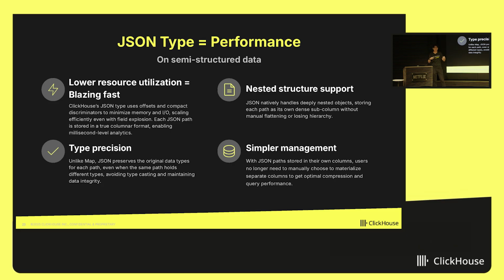Typically, you also don't have to manage nested fields, so a.b.c is naturally supported, and any arbitrary depth is completely supported. And the data is actually stored in its original format as well. Whatever the format, whether it's a uint, an int, a float, a string, or a bool, it all gets preserved and stored as that original type, which again maximizes performance when you're doing searches on top of it. And then you don't have to resort as often to the tricks used originally with maps, both in terms of materializing the specific property in a map or sharding maps or some of the other management techniques to make maps performant.